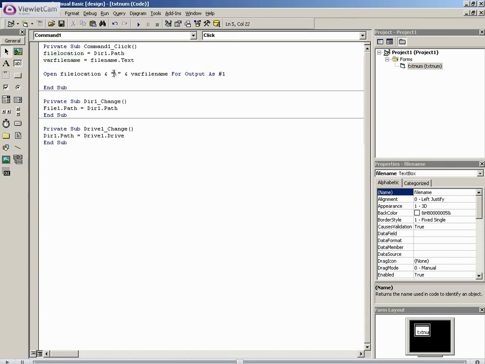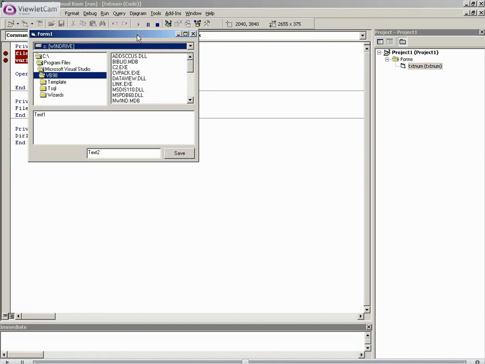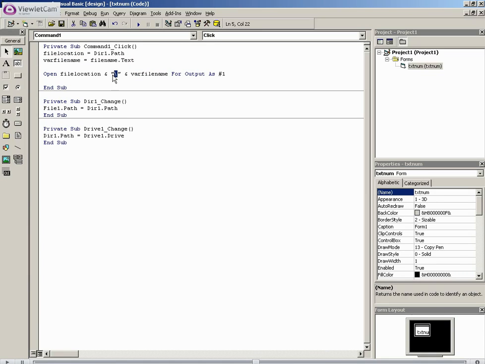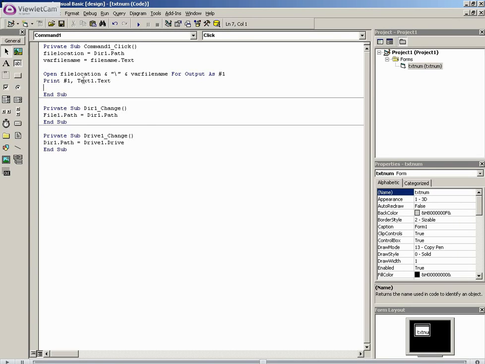And we need to specify the name of our file when we save it. And we'll call that file name. So we'll have file name equals file name.text. Okay, I think we've renamed it the same as the text box. So we'll say var file name. Okay. Now we want to open a combination of file location